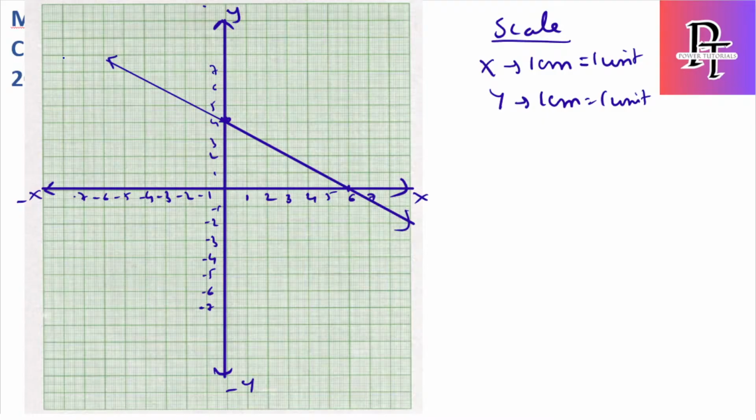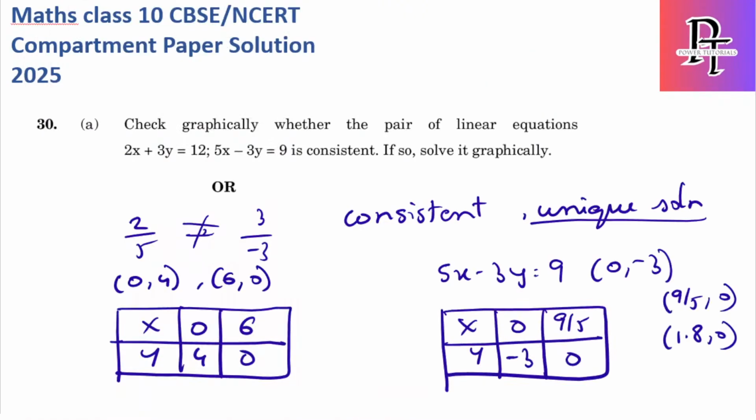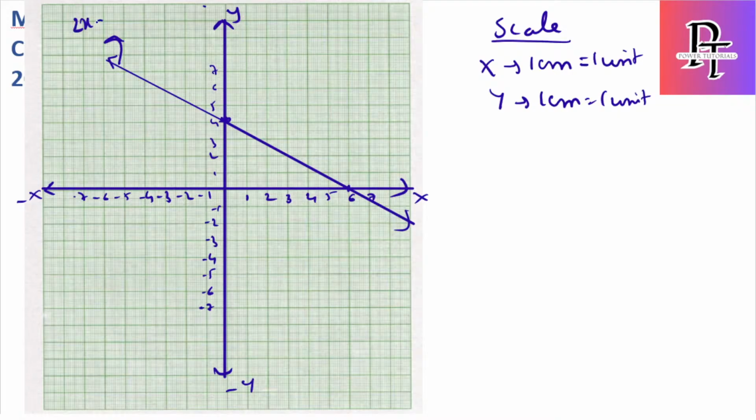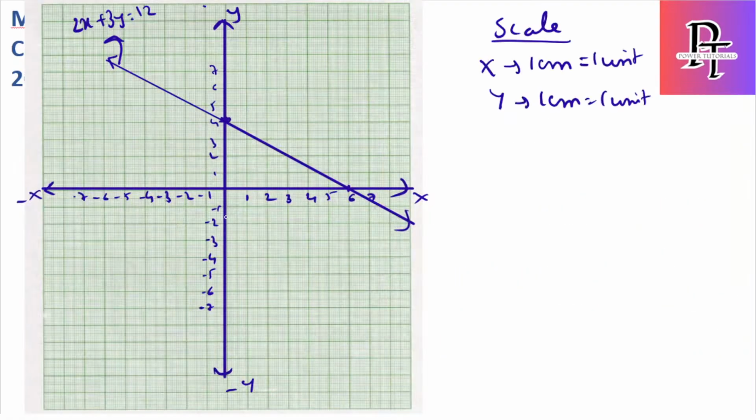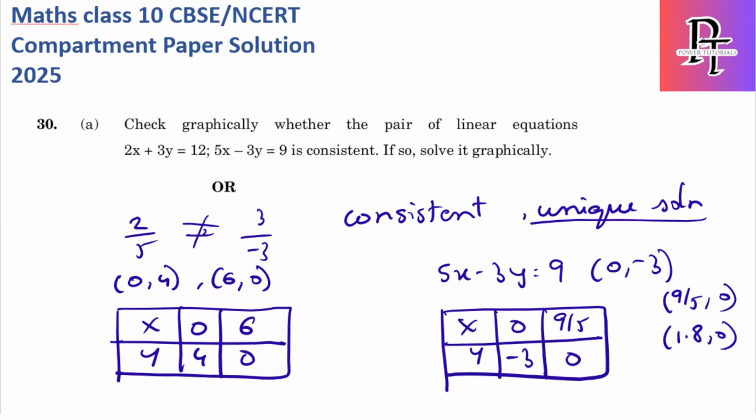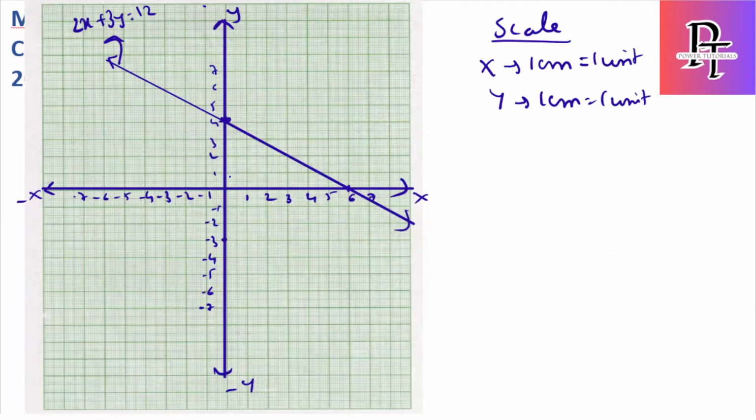Okay, fine. This is the first equation, which is 2x plus 3y is equal to 12. Second equation, x is 0, y is minus 3. X is 0, y minus 3 will be here. And the second point is (1.8, 0). X is 1.8, which will be somewhere here. Okay, so if I draw a line from here,